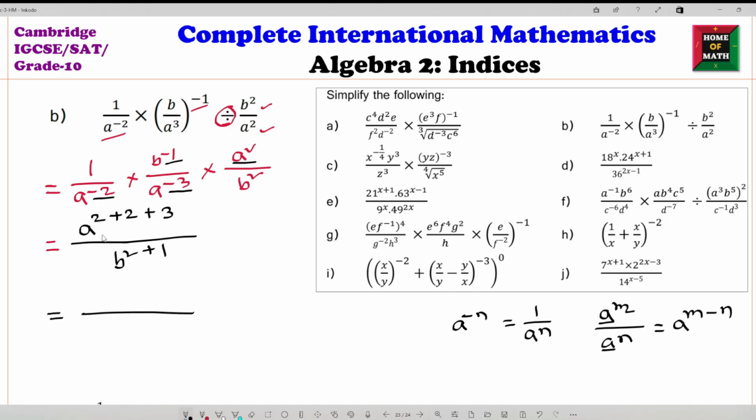Now we can write like this, a to the power 4 plus 2 plus 2 plus 3, it means 7, divided by b to the power 2 plus 1, it means 3, and this is our answer. We simplify these indices very easily. Now number A, number B done, we will start number